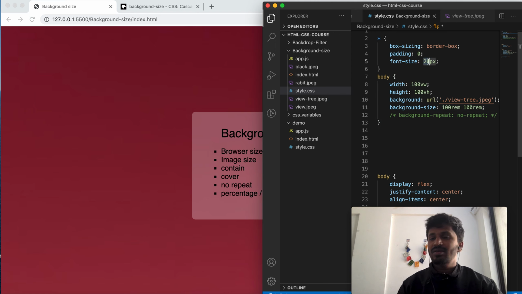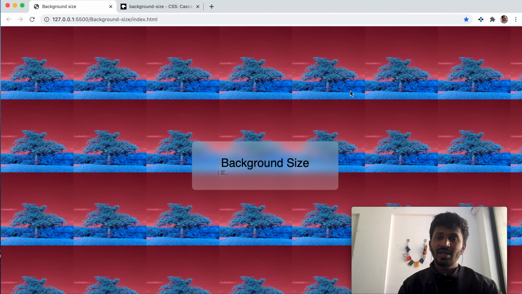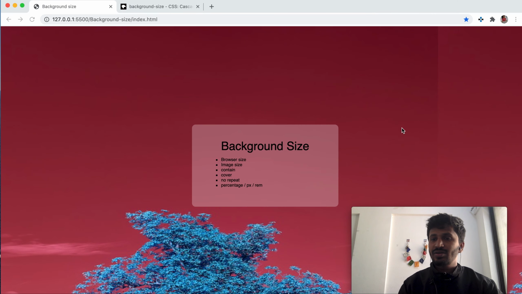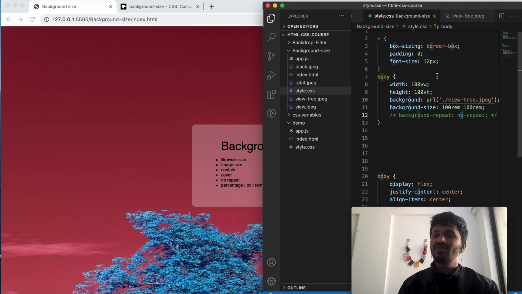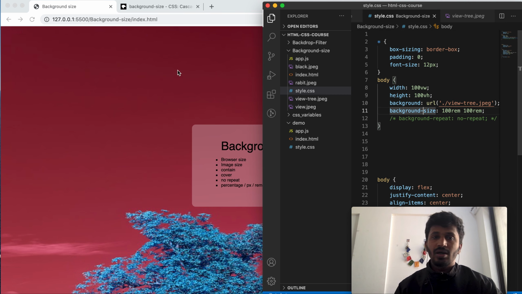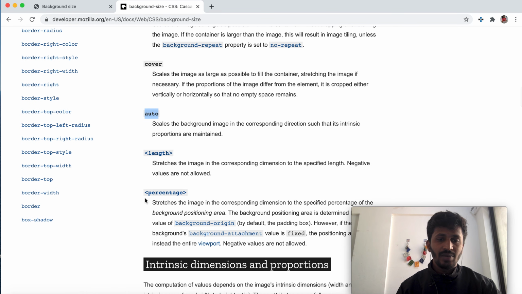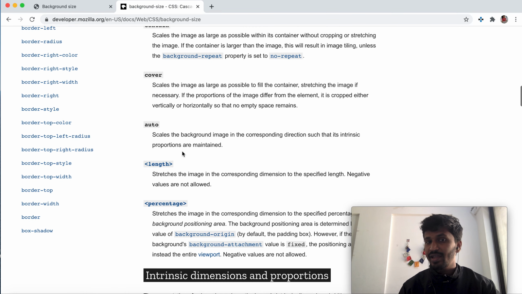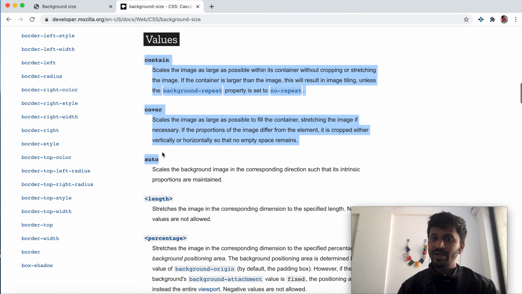Now it is too much, so let's give 2 pixels and you can see it, right? That's how rem works, it works based upon the font that we have. Okay, we tried percentage, we tried length units, and we tried all these three properties, right?